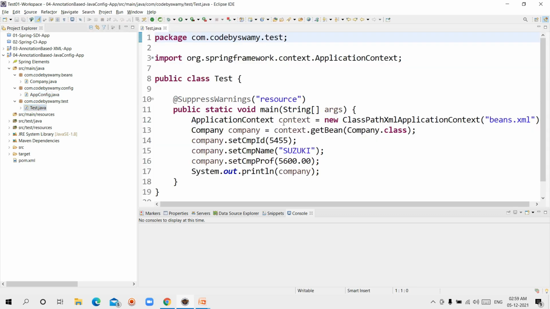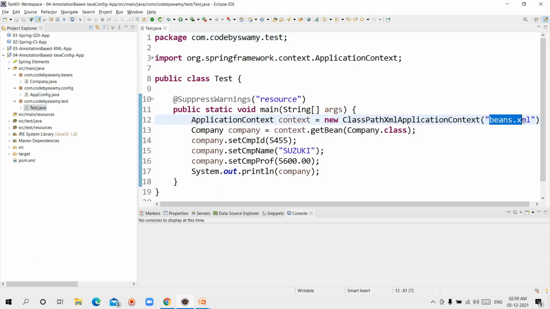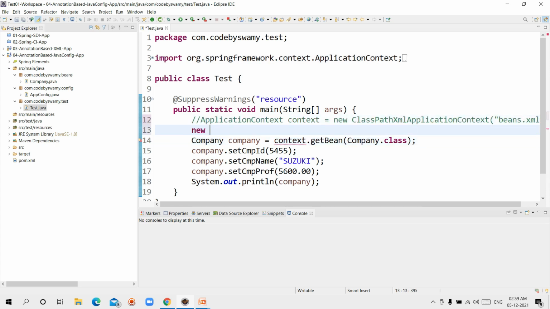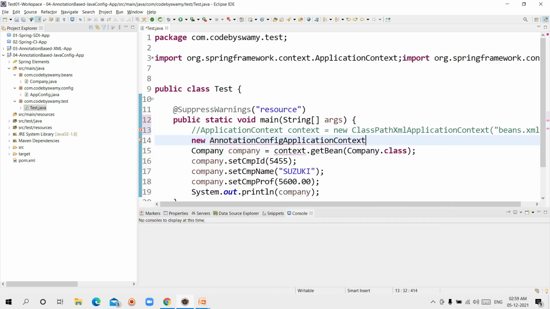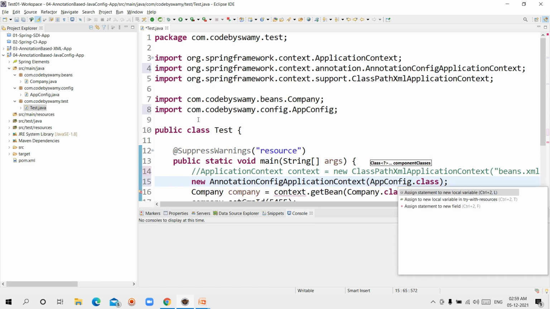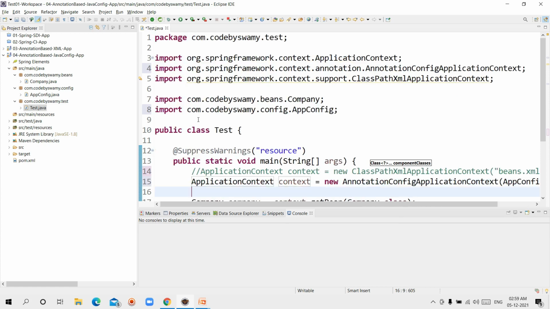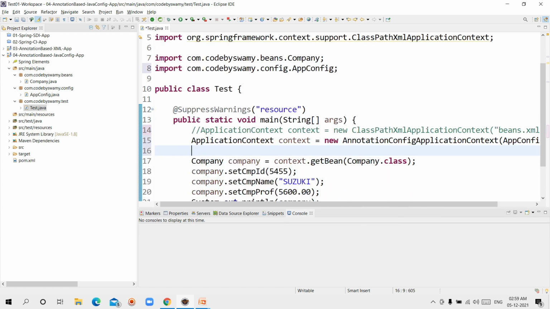Go to the test class. This time the ClassPathXmlApplicationContext with the XML file is not required, so I am commenting this. I am creating a new AnnotationConfigApplicationContext of Config.class, which returns the application context.